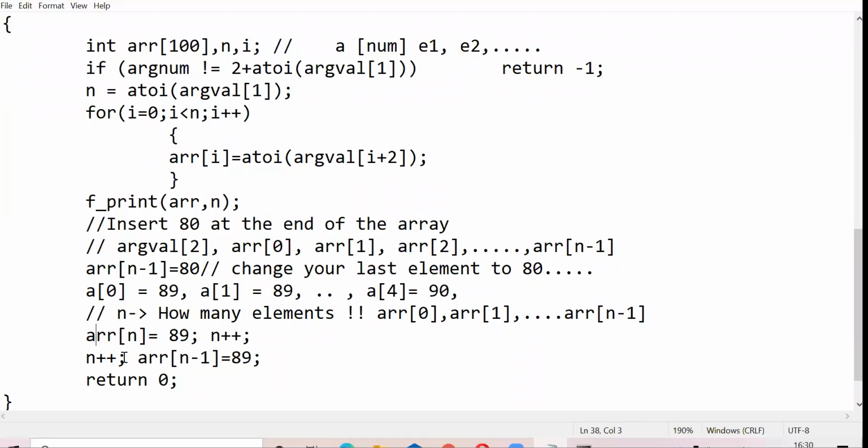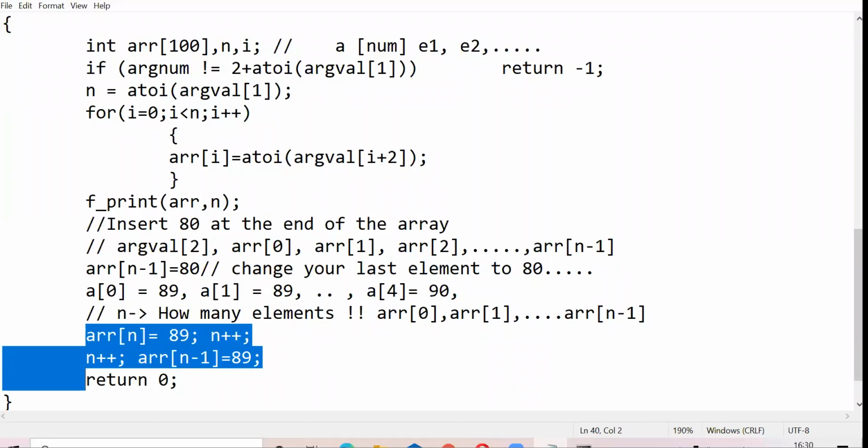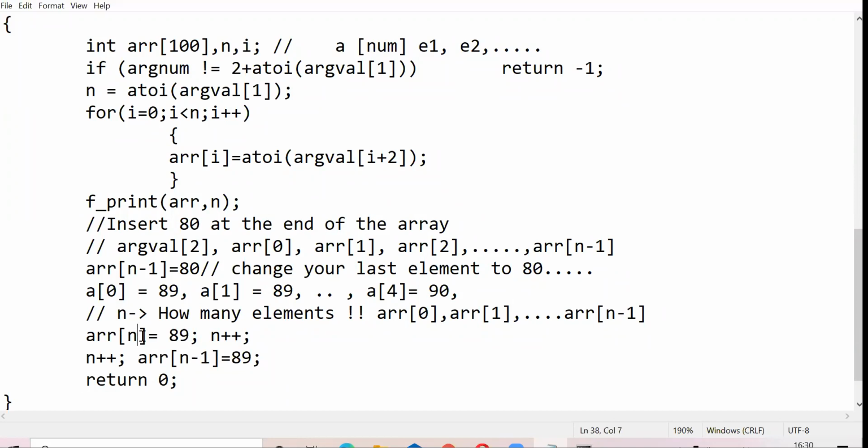Please look at it and ensure that you understand these two lines. These two lines are different ways of writing the same thing. Here I have first added to an index, after that I have incremented the number of elements. Here I have first incremented n and then I have